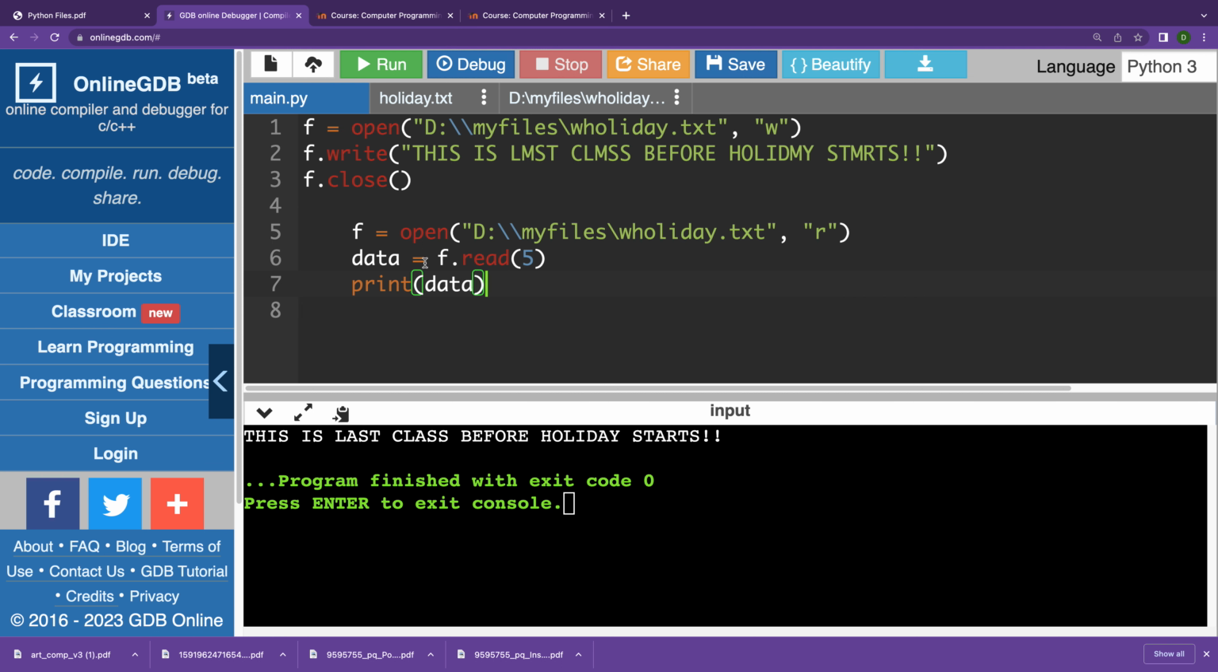So this will read 5 characters. So what are the 5 characters? T, H, I, S, and space, maybe 4. Only print this. So now it will only print this because it's reading only 5 characters. 1, 2, 3, 4. No, 4. I said 4 characters. 1, 2, 3, 4. If I run this,